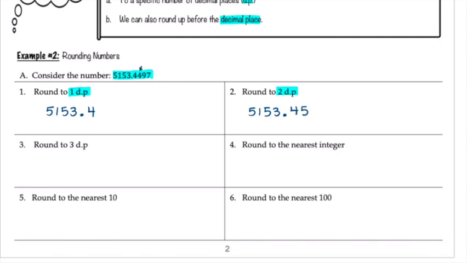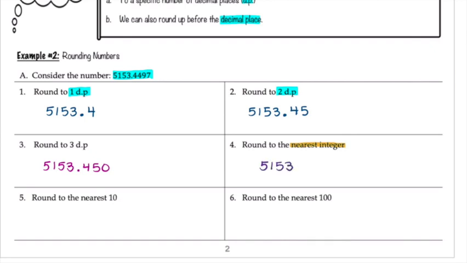If you remember, we look over to the right. If that number is 5 or higher, you go up. All right, next one, 3 decimal places. So here we have 3 decimal values we want. Round to the nearest integer. If we want to round to the nearest integer, what we want to round to is the nearest whole number. So that would be